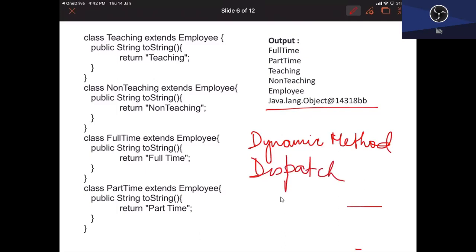Now, what is the advantage of this? One advantage I said is that it's one interface, multiple implementations or multiple functions. So here you see, every time we're trying to print an object, if I have